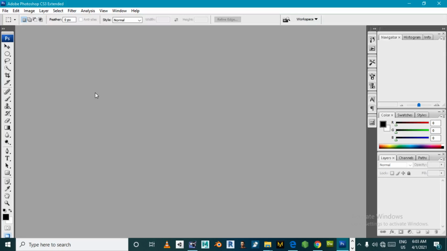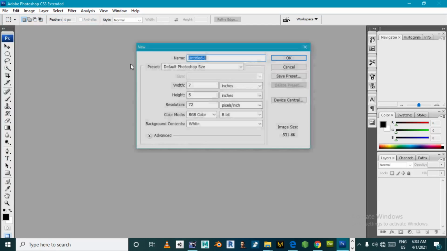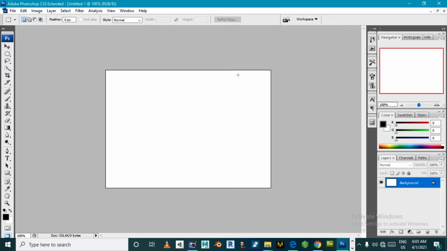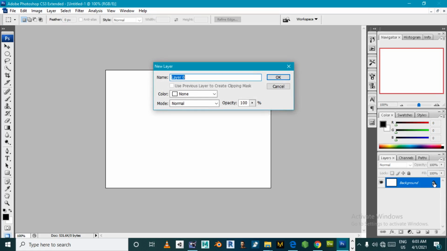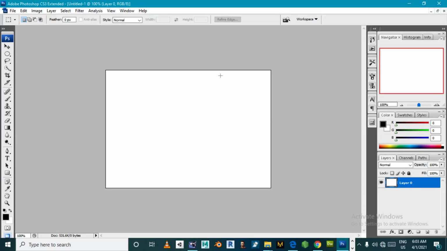Okay, let me simply give you a small clue. Here let's say the width is 7, height 5 inches and all that. Okay, now what I will do here, you double click this one, and you say it. Next thing we can say that